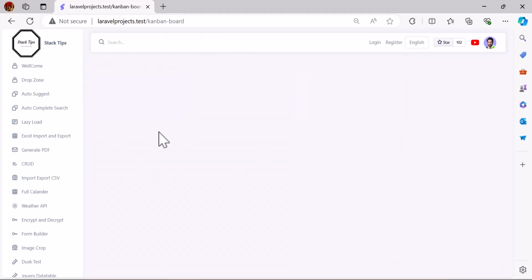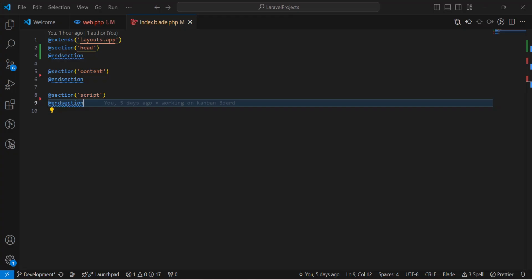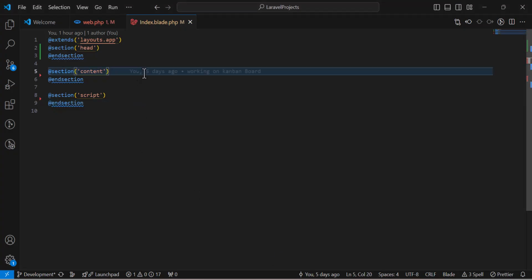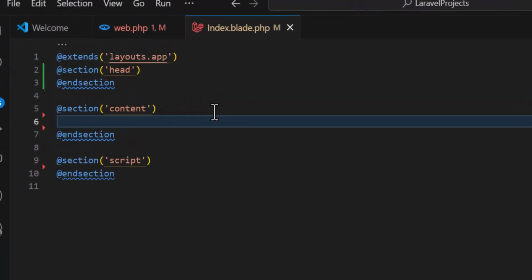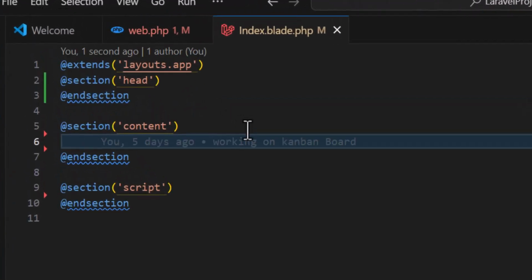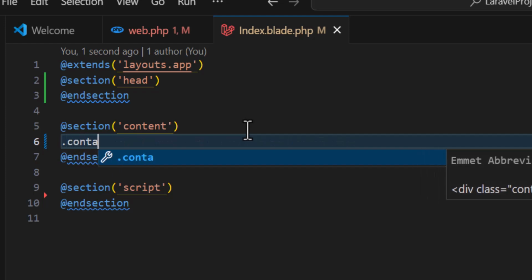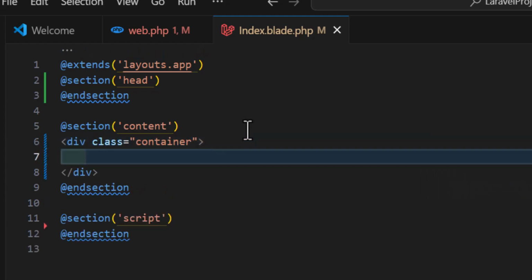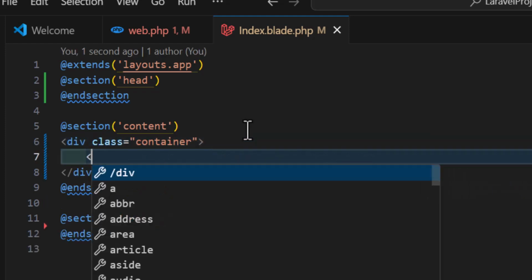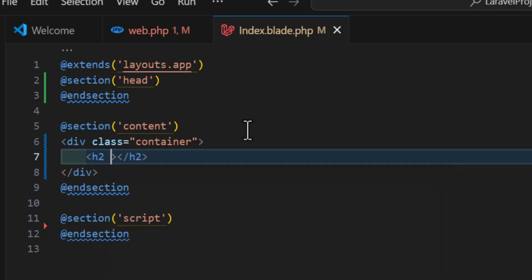Now as you guys can see, the page has been loaded without any errors. Now let's go back to our VS Code, and inside our content section in here let's create a new div with a class of container. Then in here I will create an h2 tag with a class of text-center. So let's give it a text-center class, and in here let's give it Kanban